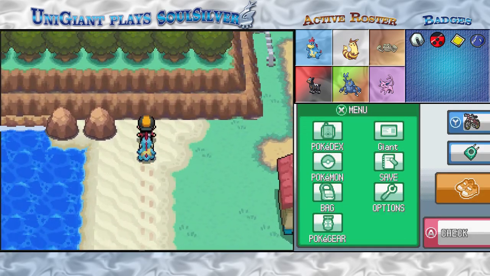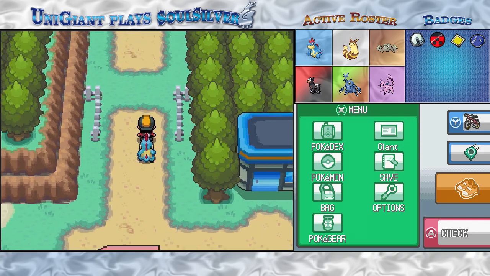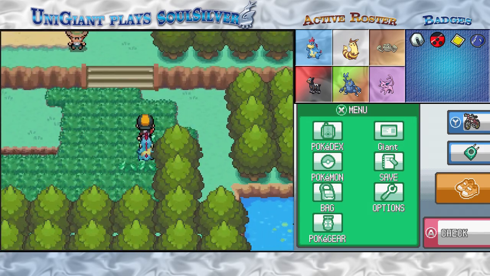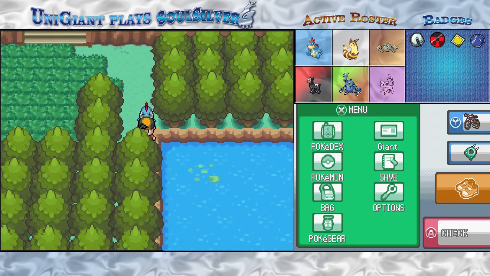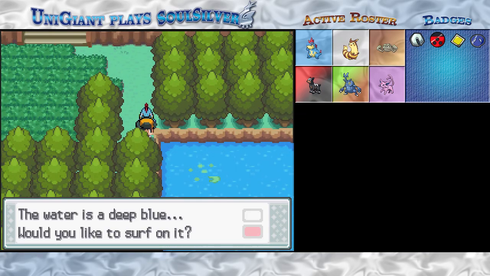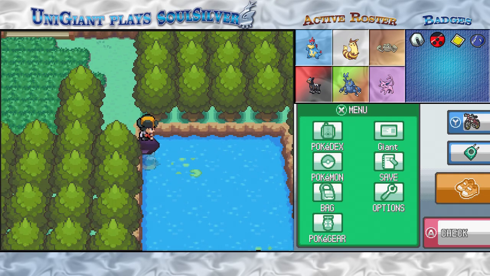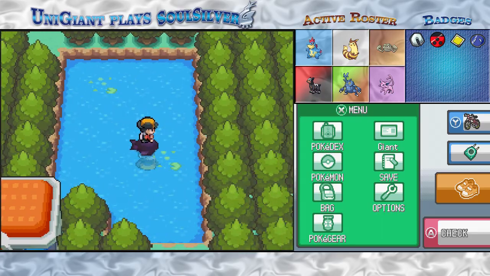I kind of wanted to start using him too. There are a lot of Pokemon I just neglected in the older games because, well, they were really common, and I thought really common Pokemon weren't necessarily anything to write home about, as I've been saying probably too often in this game. But if we surf out here, I believe we should be able to find...